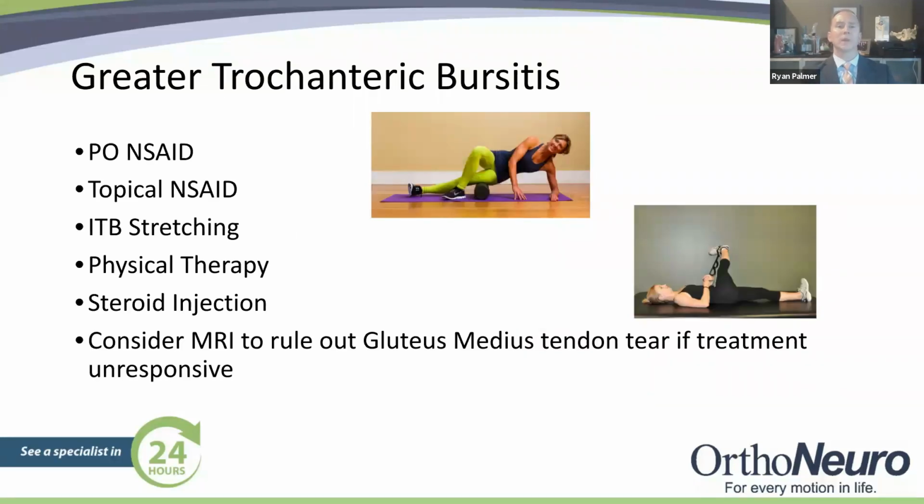When we determine bursitis as a cause of lateral hip pain, we treat the inflammation with anti-inflammatory medications. This can be a combination of oral anti-inflammatory pills. If there is any contraindication to oral anti-inflammatory medication, either intolerance to the medicine, or maybe you're on a blood thinner and you're not allowed to take those medicines, maybe you've had gastric bypass surgery and are not allowed to take those medicines, whatever the reason, then we'll typically go to a topical